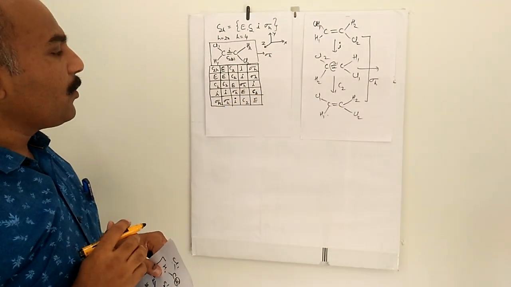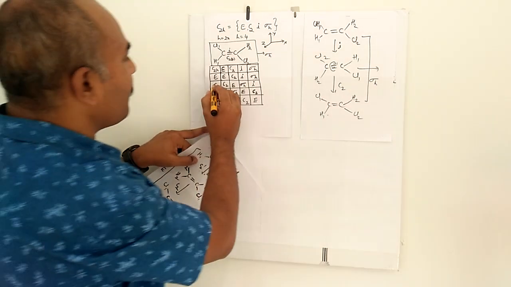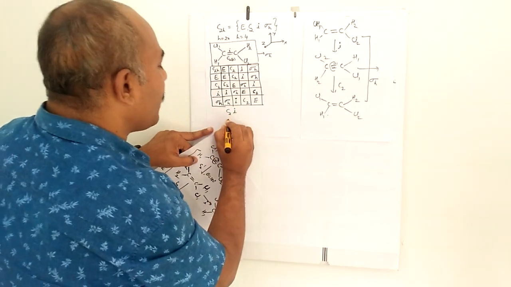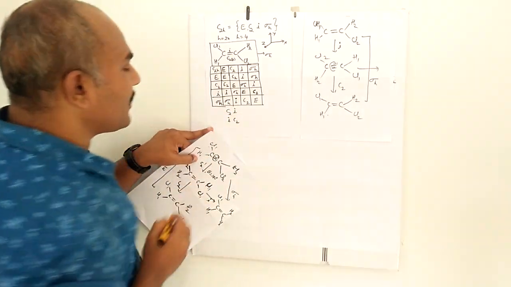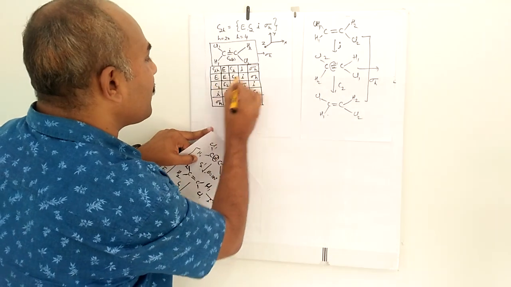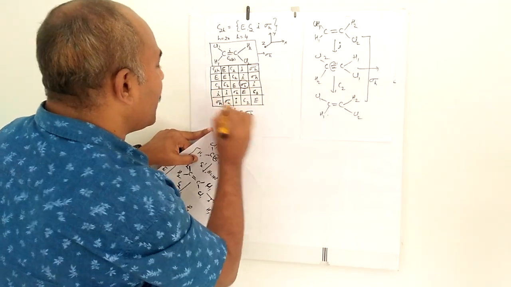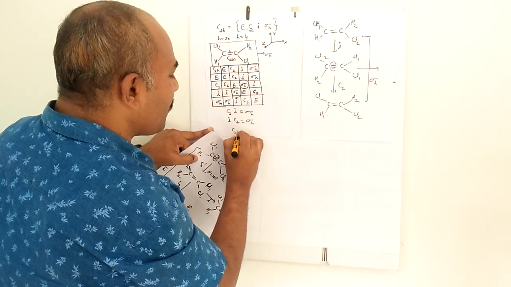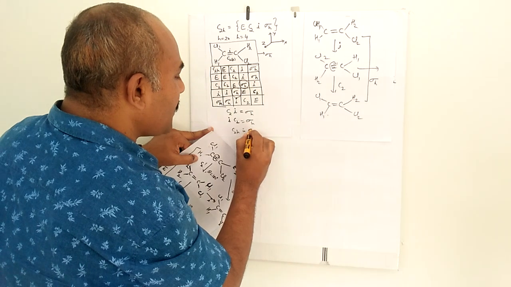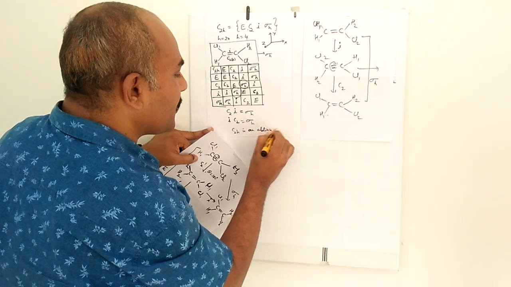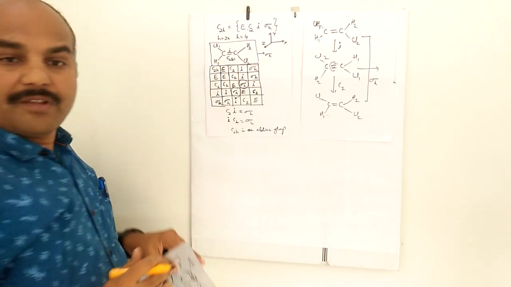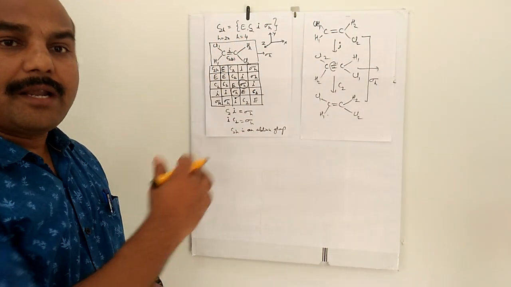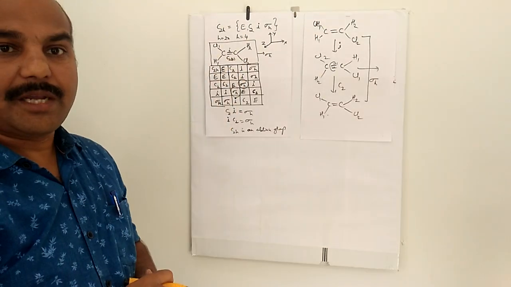And you can check whether this group is abelian or non-abelian. For this I will take C2 multiplied by i. What is the answer of C2 multiplied by i and what is the answer of i multiplied by C2? Whether the commutative law holds good. C2 multiplied by i, the answer is sigma h, and i multiplied by C2, the answer is sigma h. So hence this C2h point group is an abelian group. So this is how we can check whether the listing of the elements is complete or not through the group multiplication table. Thank you.